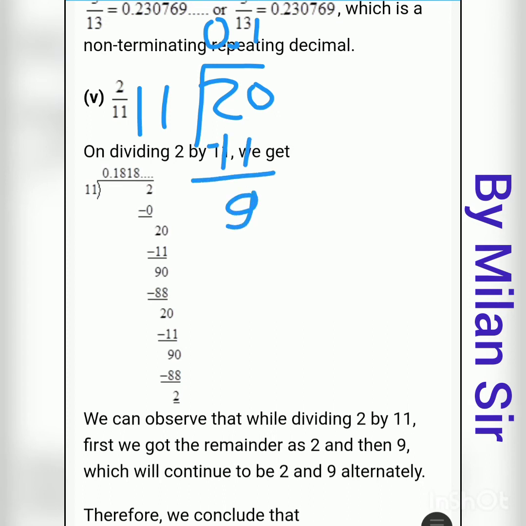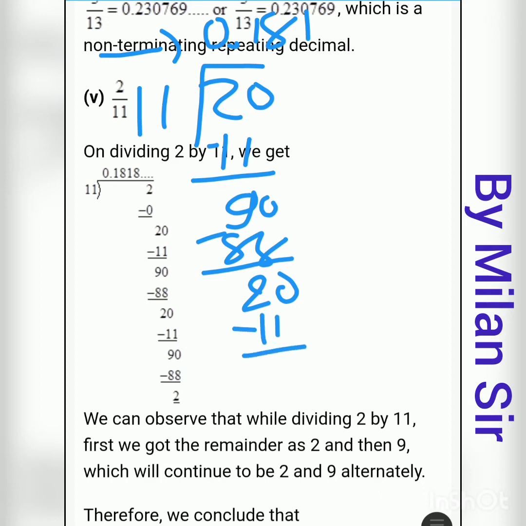Okay, 9 is remainder. Now we already put one decimal point, so here we get 90. Now in table of 11 we want 90. So 11 8s are 88, 2 remainder. Okay, we get 20. So 11 ones are 11. Then 9 remainder, 90. 11 8s are 88. Again we get a remainder 2. So again it becomes 20. So again 11 ones are 11. If you subtract it, again you will get 9.